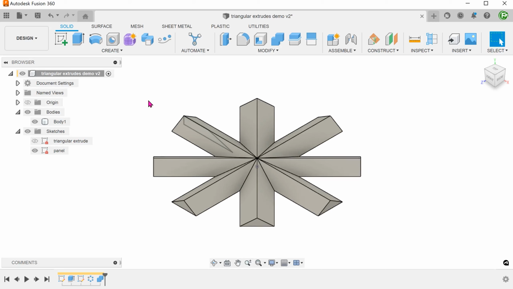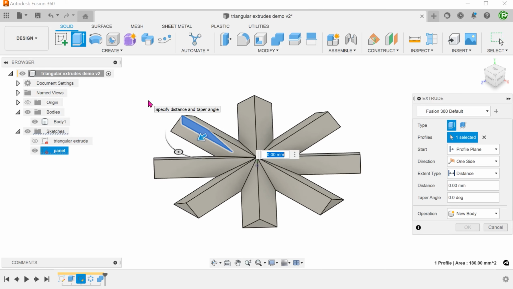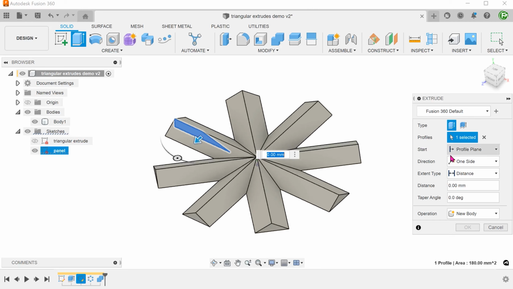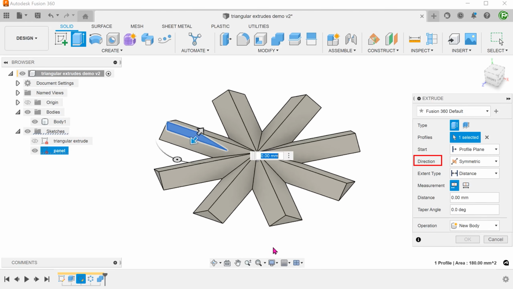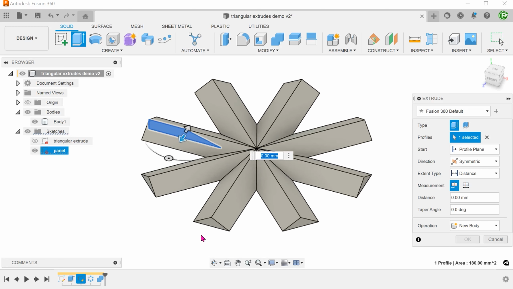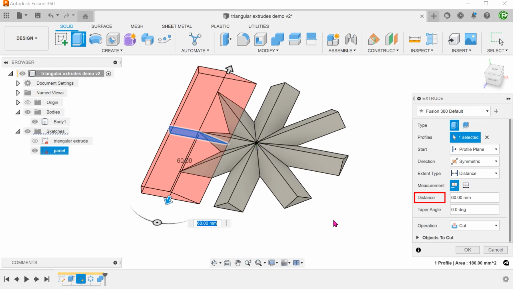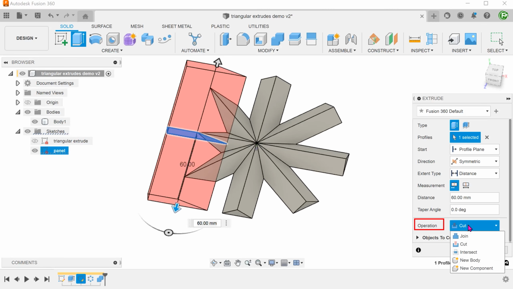Create an extrude with this profile. Set direction to symmetric. Click on this face to adjust the extrude distance. Set operation to join.